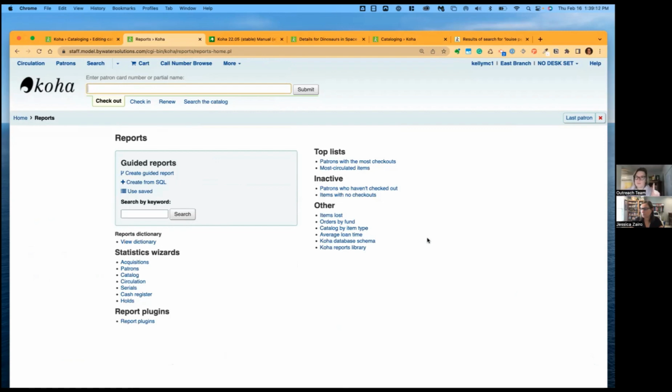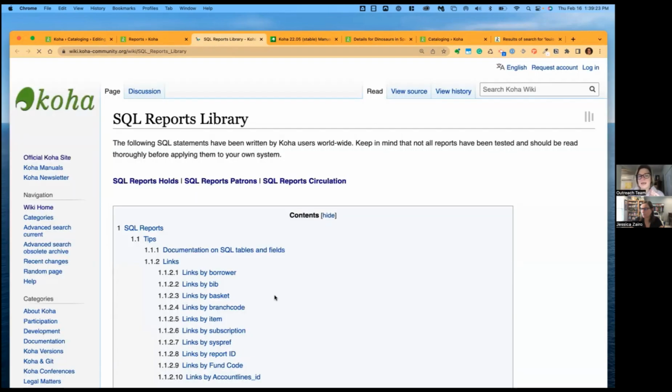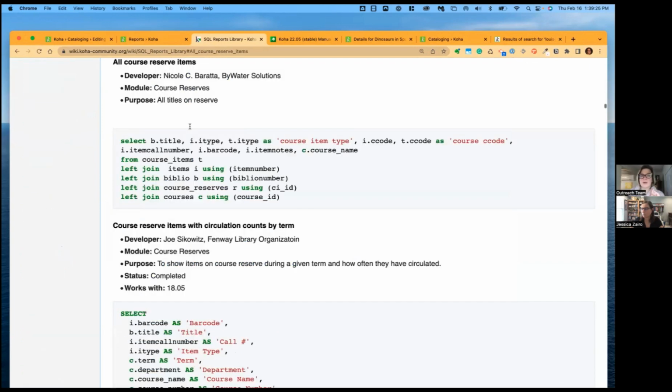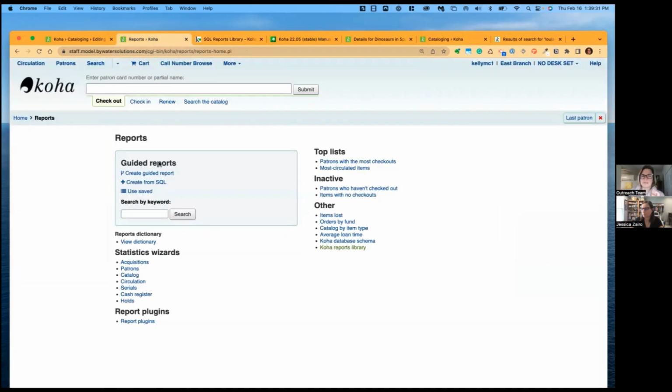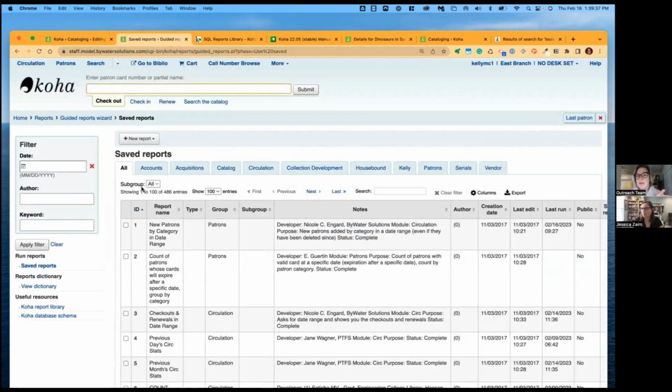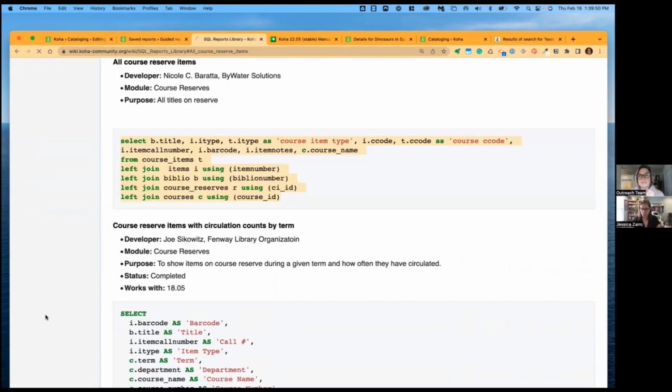Koha has the Koha community library report, which is going to give you over 700 reports that other users have created. You can go ahead and just copy and paste that SQL right to it. So if you said, I wanted to look at all my course items, there's that report already run for you. Copy and paste. Bywater builds in about 50 saved reports by topic. So you can see the topics at the top, and then any reports that are in your system, you can go ahead and run. If you know SQL and you love it, you can create an SQL report right in the system. Koha gives you access to the database schema,